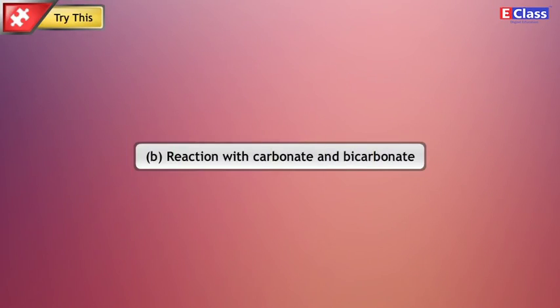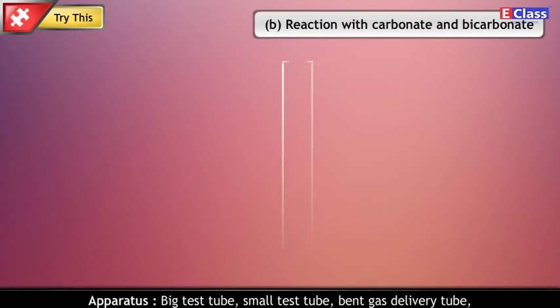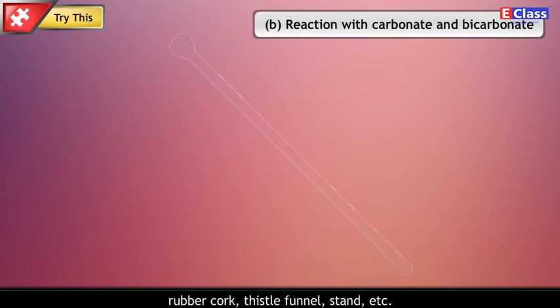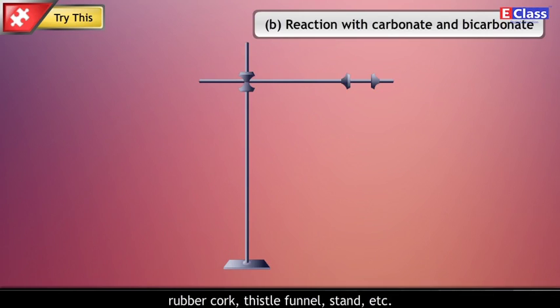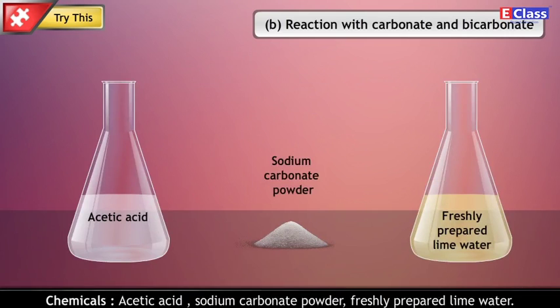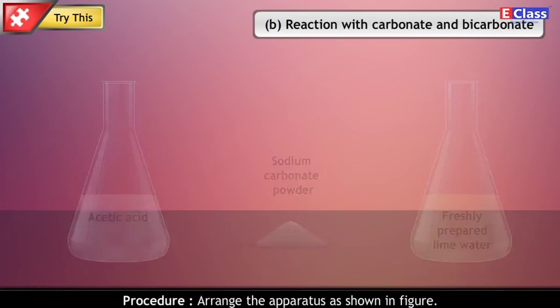2. Reaction with carbonate and bicarbonate. Apparatus: big test tube, small test tube, bent gas delivery tube, rubber cork, thistle funnel, stand, etc. Chemicals: acetic acid, sodium carbonate powder, freshly prepared lime water. Procedure: